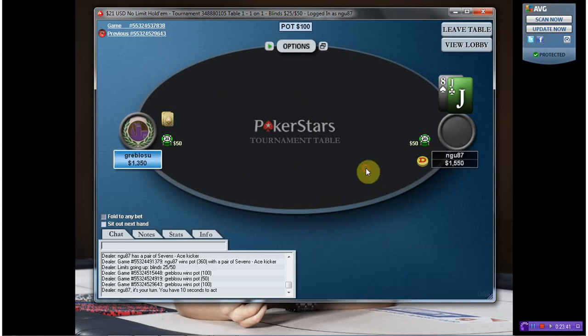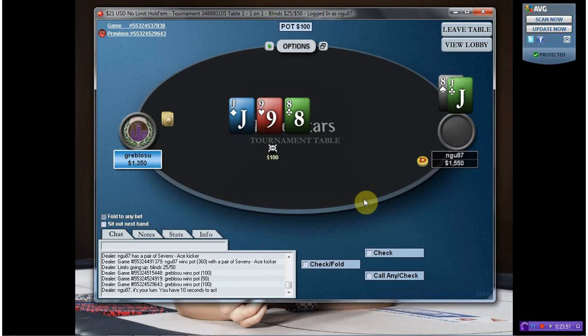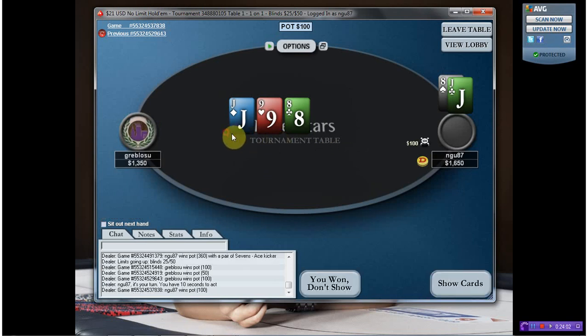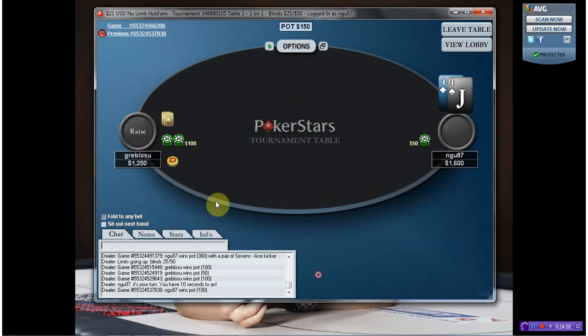Jack 8 suited, we'll just limp. Try to see a flop with this guy. If he does elect to raise our blind again, I might actually be inclined to start doing it with stronger holdings. So here we flop a pretty strong hand, and we're going to be looking to essentially extract out of any draw, any 9, perhaps any jack that he might be holding, although unlikely. He folds. The min raise here, we're not